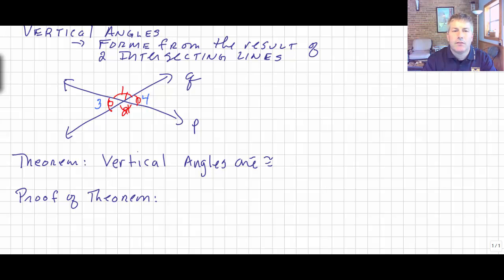If you take a look at this, don't we know that angle 1 and angle 4 are supplements? So angle 1 plus angle 4 equals 180 degrees. And we also know that angle 2 plus angle 4 equals 180, because these are also two angles that form a straight angle. Well, angle 4 is common to both, and we could do some subtraction. We could subtract angle 4 from both sides,